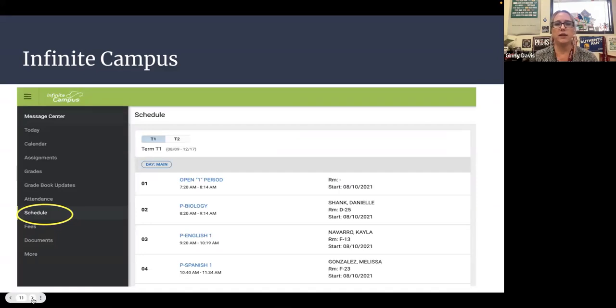You can also, if you needed to check their schedule, like if you were scheduling a doctor's appointment or something like that, and you couldn't remember what class they had when, and you wanted to make sure that they didn't miss their biology class, which for this student is right in the beginning of the morning. I should have updated this. This is from a couple years ago. So this is our old bell schedule.